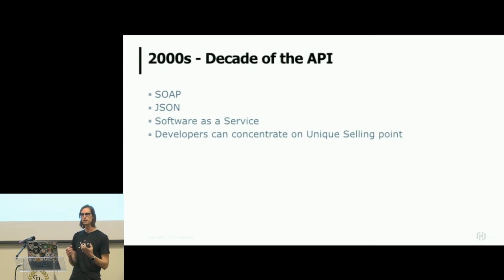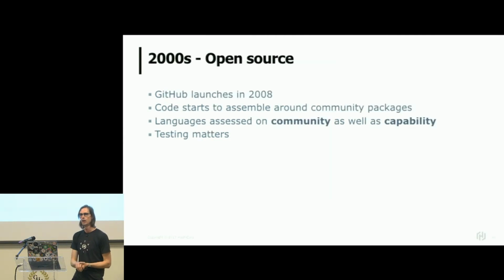What it also gave rise to, which is really important for us as an industry, is software as a service. We didn't have to build everything anymore. We could choose things off the shelf. We could actually use hosted services. Developers, again, are concentrating on unique features. And the world just became more open.